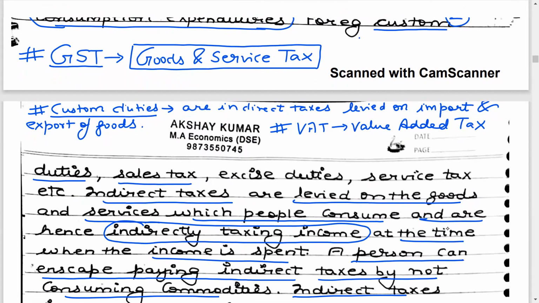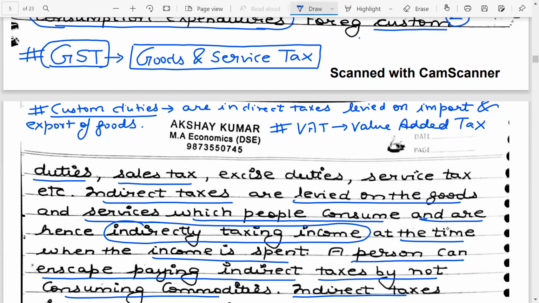So excise duty basically refers to indirect taxes which are levied on the manufacture of goods within the country. Again, guys, we don't have excise duties now. Excise duties are also replaced by GST. So right now in the Indian economy, we only have the goods and the service tax, which is an indirect